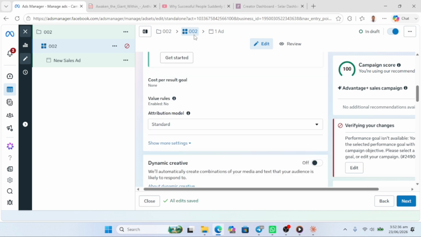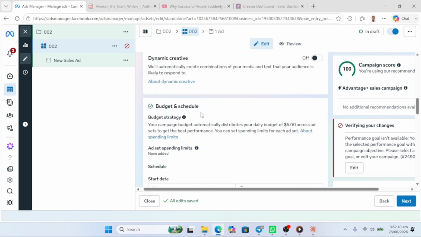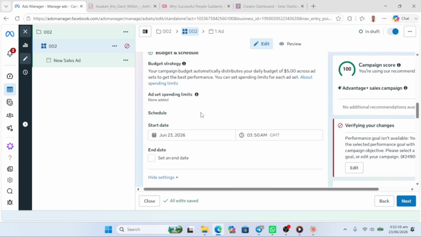And then you move to the next one, dynamic creative. If you want to use it, you can. It gives you the opportunity to use different sorts of creative within one ad to get the result that you're looking for. And then you move down,